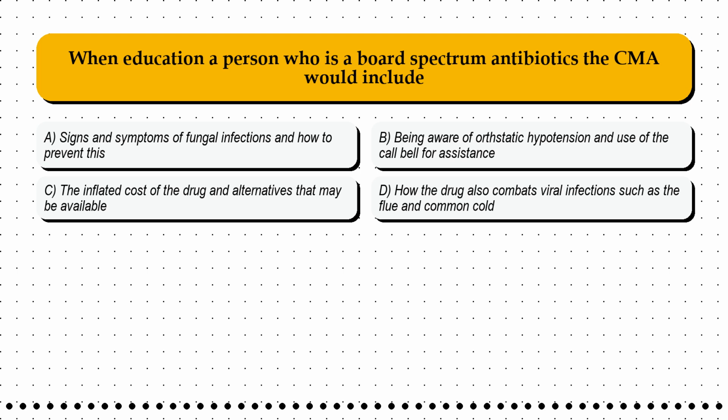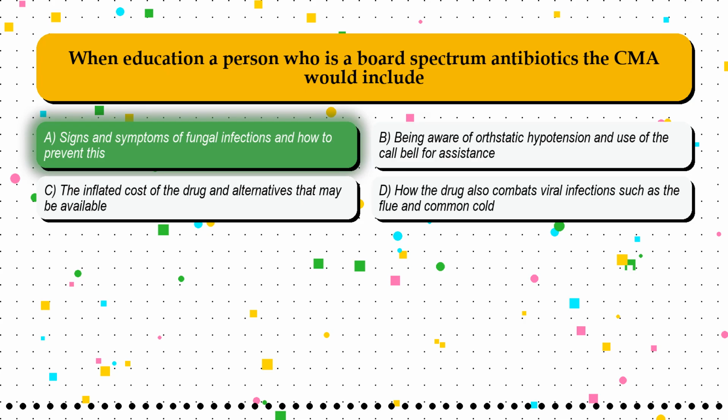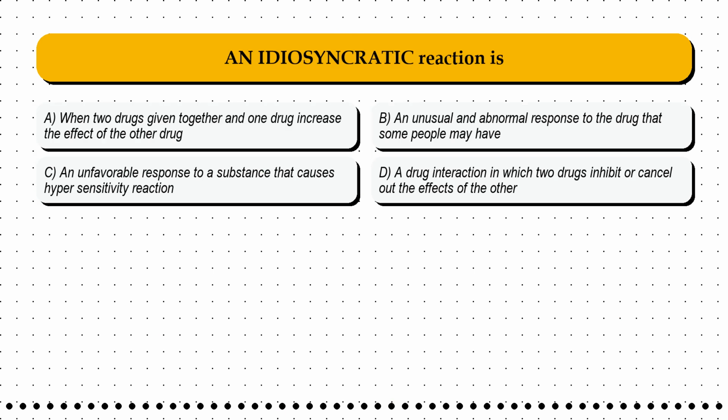Option C, the inflated cost of the drug and alternatives that may be available. Option D, how the drug also combats viral infections such as the flu and common cold. The correct answer is option A, signs and symptoms of fungal infections and how to prevent this. Question 233. An idiosyncratic reaction is: Option A, when two drugs given together and one drug increases the effect of